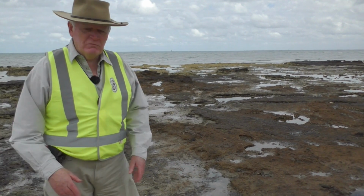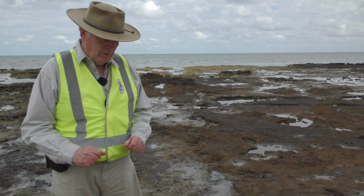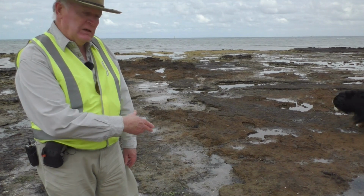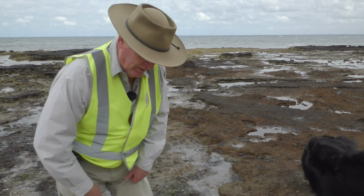One thing that is really interesting with this beach here is the sand itself that makes up the beach, because the sand is comprised of minerals that are not obvious or common in the rocks, particularly the rocks on the beach here and the ones we've been looking at. If we have a look at these,